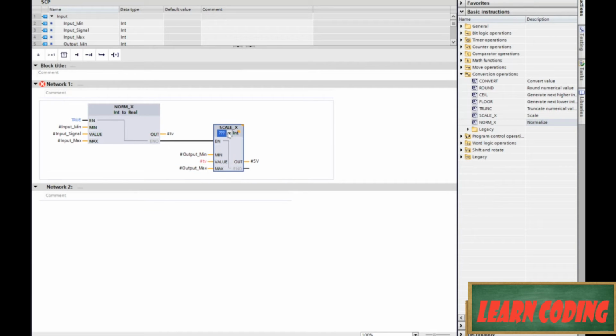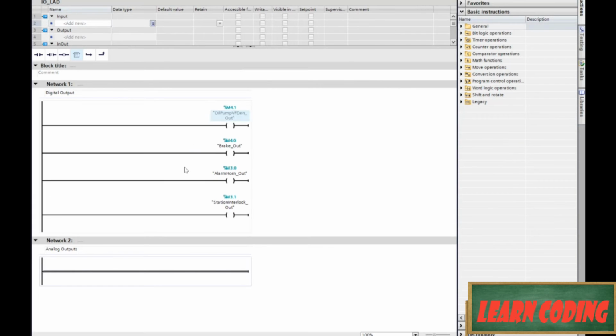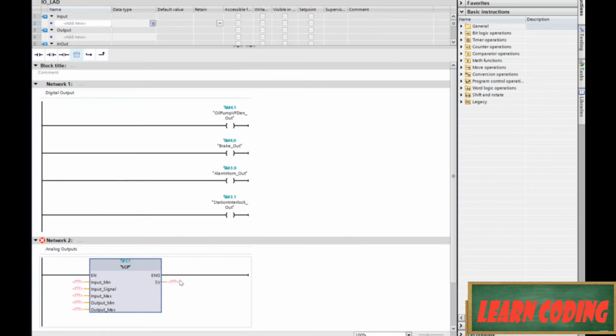And let's go ahead. It's not auto configuring that, so let's go ahead and tell it that it's a real. Okay, so now we've got our function block set up to do our scaling. We can go ahead and close that and start using it to handle some of our outputs. So let's drag that function down here, put it right in there, and the first thing that we want to